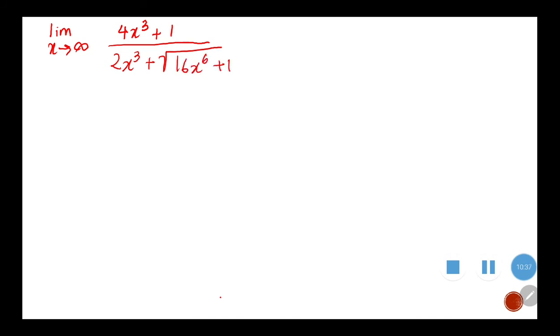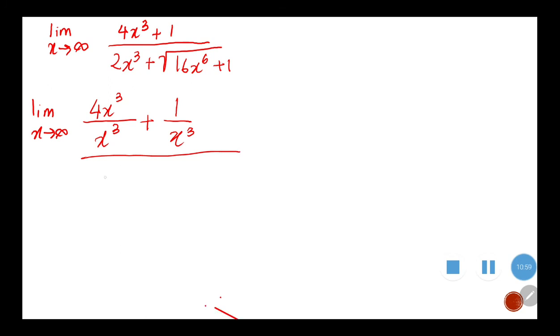So the highest power of the denominator here is x to the power of 3. So divide everything by x to the power of 3. Okay, so solve this and it should be